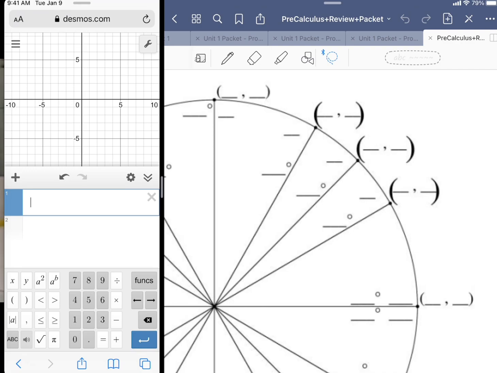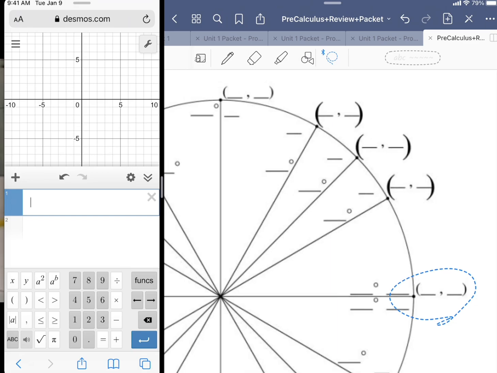When you're constructing the unit circle, the one thing you don't want to ever lose sight of is the fact that it's a circle with radius of 1 unit. So that's telling us that at any point along the circumference, we're looking at a distance of 1 unit from the origin, from the center. Okay. So that helps you fill out pieces of information like, for example, this coordinate over here, because